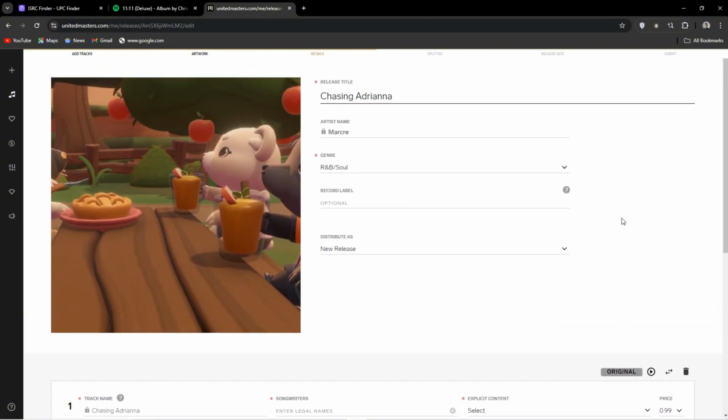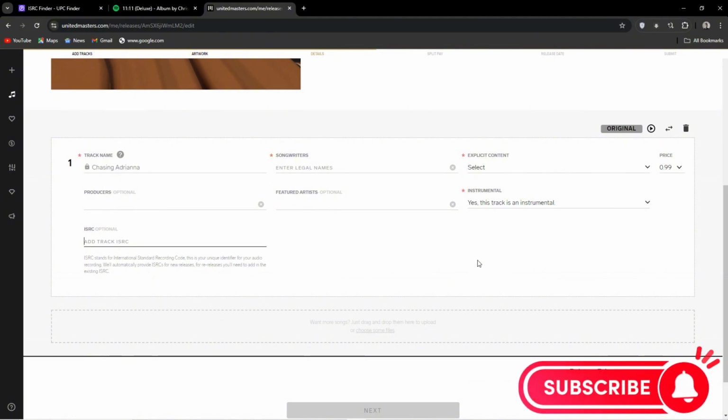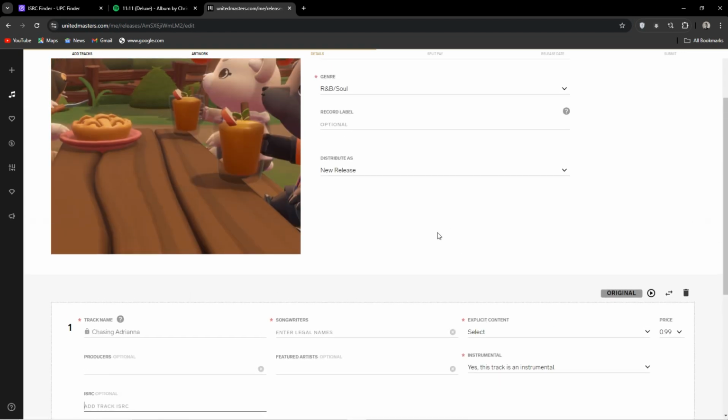So once you have all the info, again, you don't have to go my route, you can just get it from your distributor. It's time to re-release each song and or album using their specific UPC and ISRC codes. Make sure to copy and paste instead of retyping them just to avoid any mistakes. So go through the usual process of uploading an album or uploading a song, and once everything is re-released and